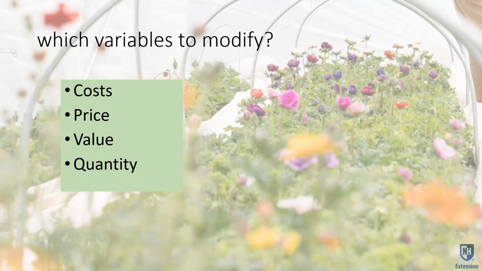So maybe we're really trying to reduce the cost of irrigation or get a better deal on plastic or something like that. The reduction of a direct cost has so much less influence over our net profit margin than an increase in price does. And so this would allow you to play with those numbers and see, what if I could get